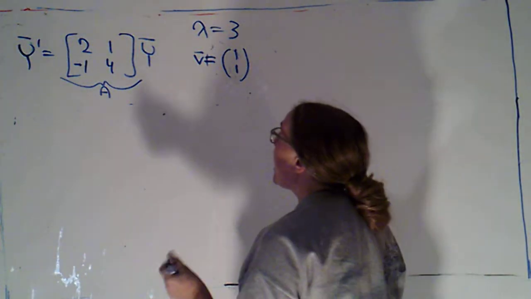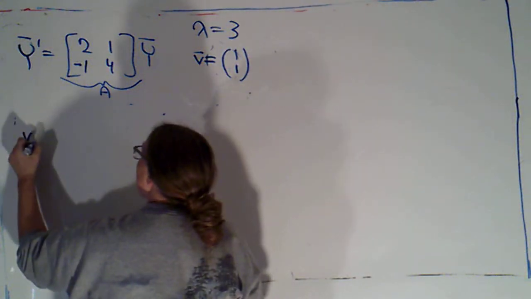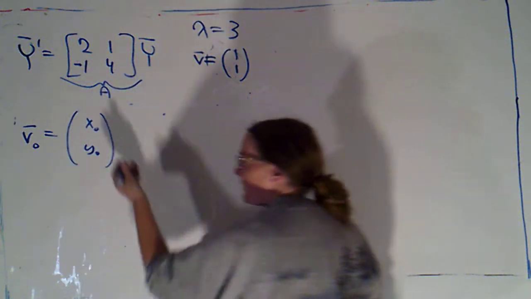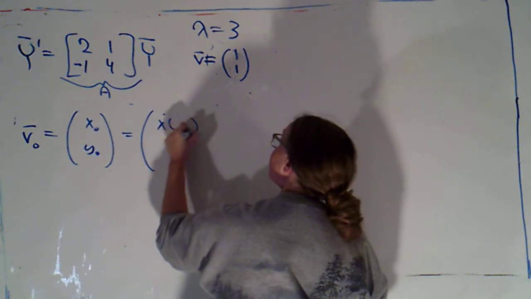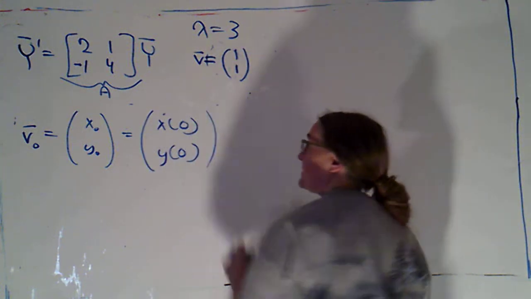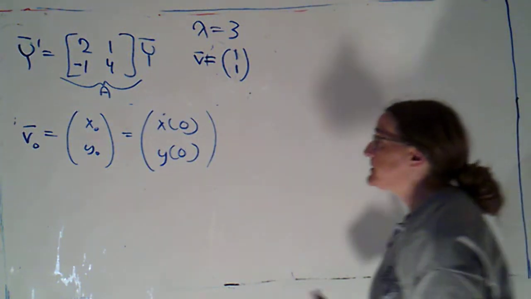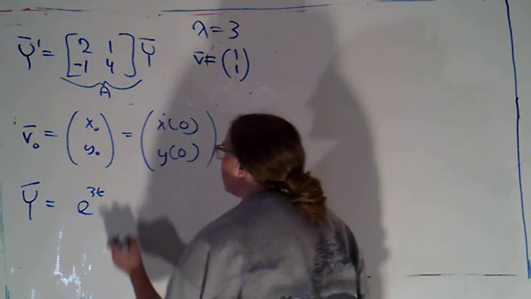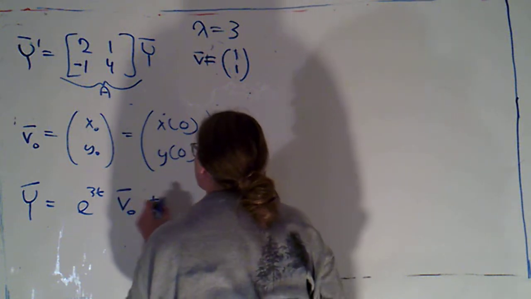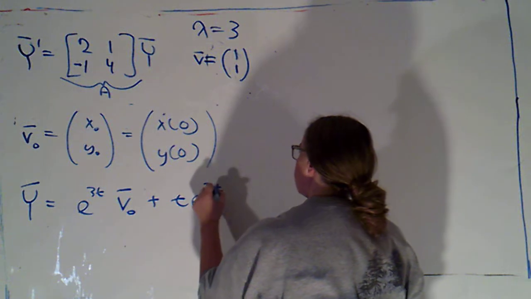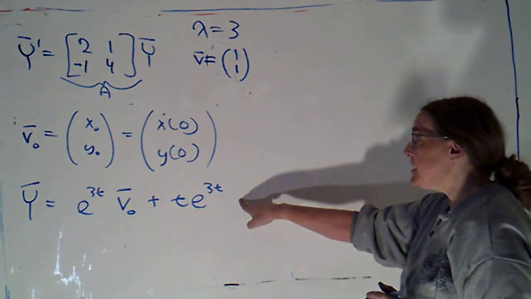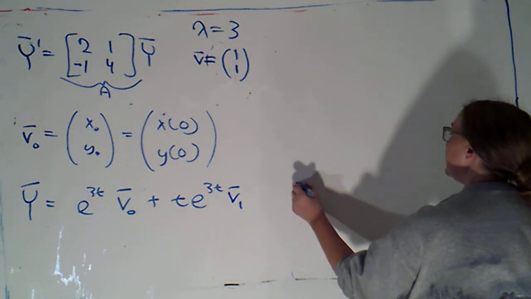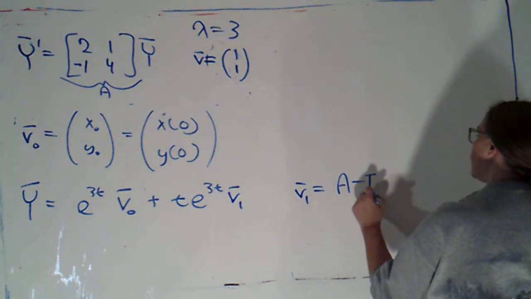Now, I know that if I describe v naught to be x naught, y naught, where that's my initial condition, so that's x at time 0, y at time 0, then my general solution will be y is equal to e to the 3t times v naught plus t e to the 3t times what goes here is v1, where I know that v1 has to equal A minus 3I